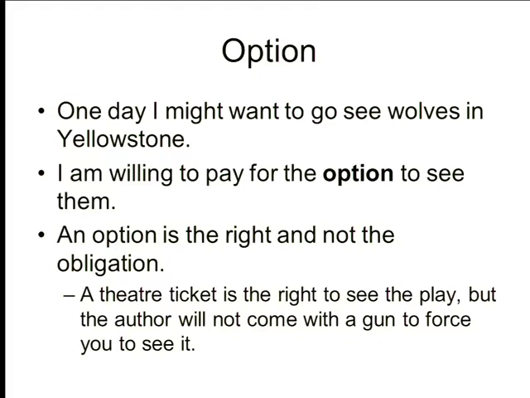However, when I asked you how much you were willing to pay, if you gave me an honest answer, there's no way I could tell whether my victim over here is just a wolf lover who doesn't need to see them, or she's got going to Yellowstone on the brain and a whole list of great things to see there, and her reason for answering is option value. I'm not getting to go for a couple of years, but I really want the right to go when there's still great stuff there. I can't tell if I just ask them. So we have option value.